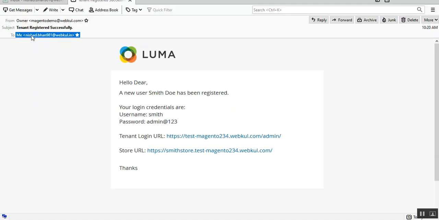So here's the email that I have received. Hello dear, a new user Smith has been registered. Your login credentials are Smith and password is this. The tenant login URL is